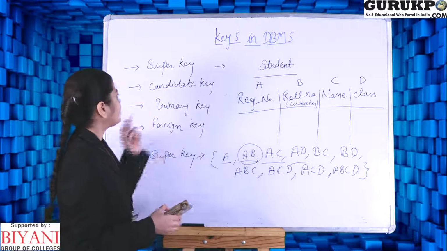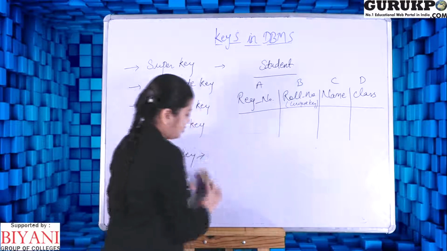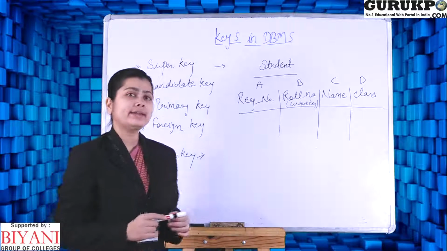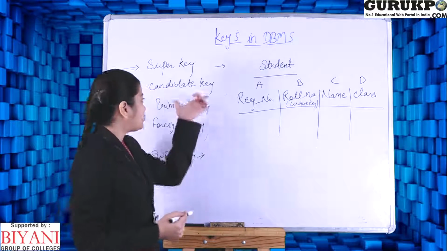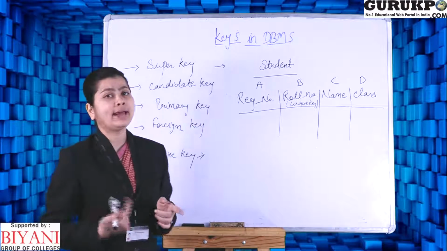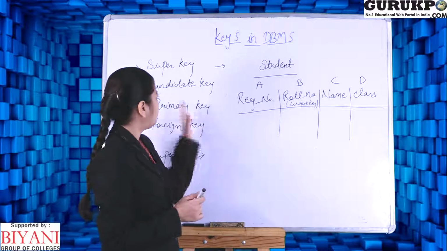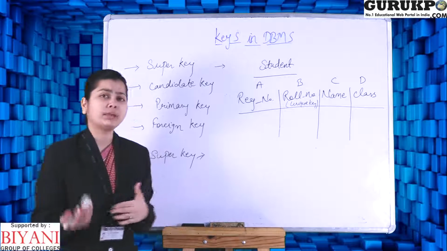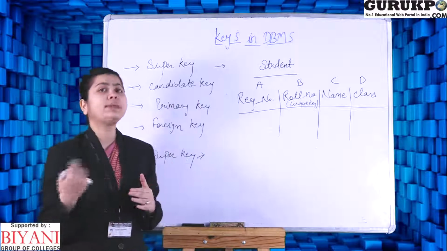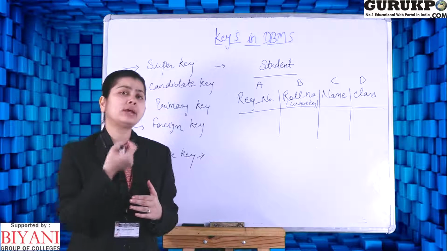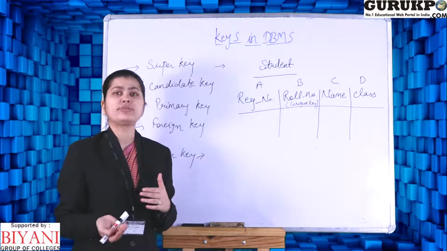Next we take candidate key. So what is candidate key? Candidate key is a minimal super key with no redundancy or no repetition. By using candidate key, we cannot repeat any attribute again in our combination. So candidate key is the possible combinations that can uniquely identify each and every record of our table, same as super key but minimal. We take attributes a single time because we cannot repeat the attributes.